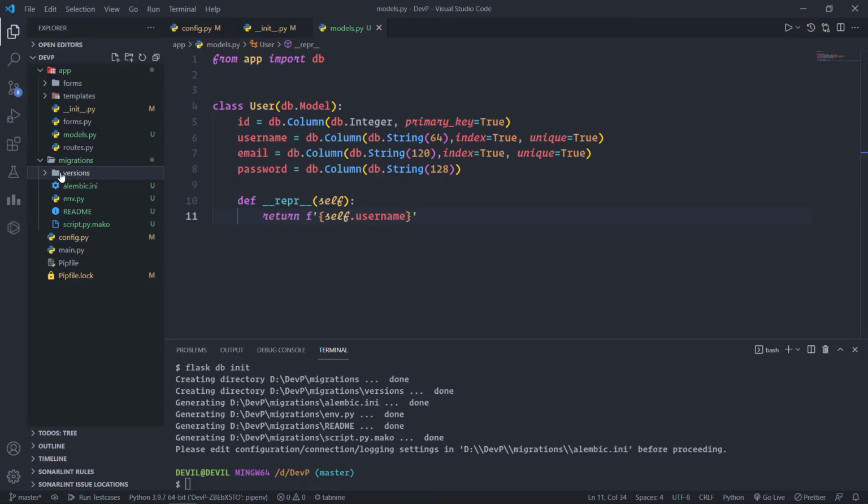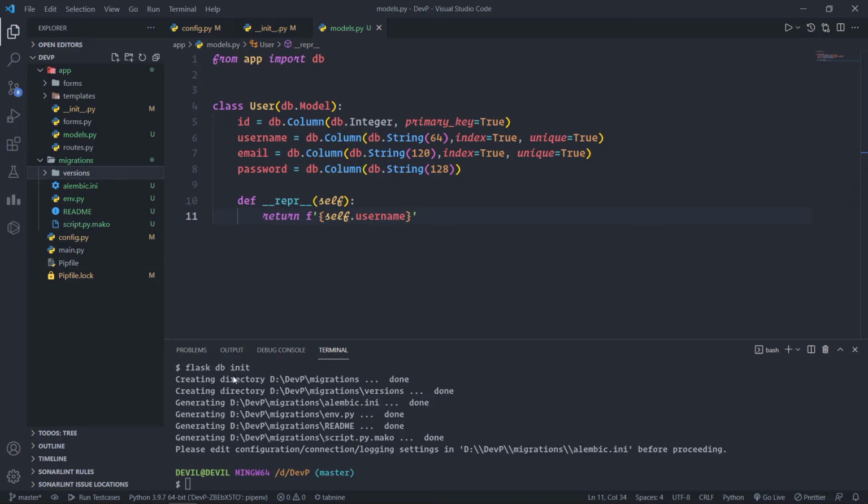There are two ways to create a database migration: manually or automatically. To generate a migration automatically, Alembic compares the database schema as defined by the database models against the actual database schema currently used in the database. It then populates the migration script with the necessary changes to make the database schema match the application's model. In this case, since there is no previous database, the automatic migration will add the entire user model to the migration script. So the command to migrate the database is flask db migrate.